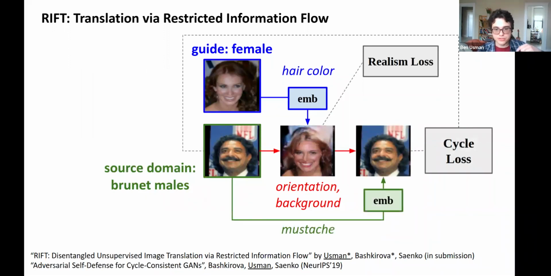Therefore, it has to use this additional domain-specific embedding to encode this information about the beard because it cannot get it from the female. Unfortunately, though,